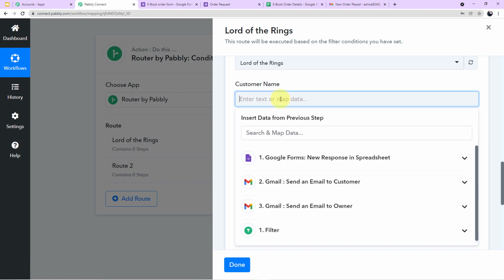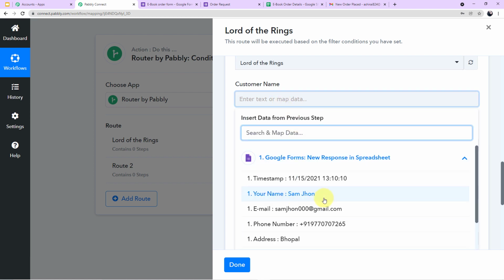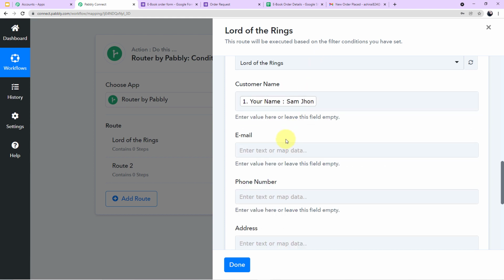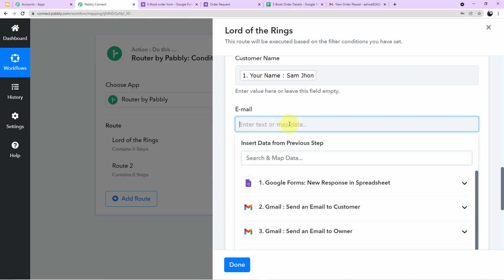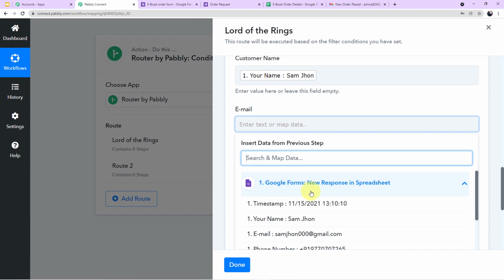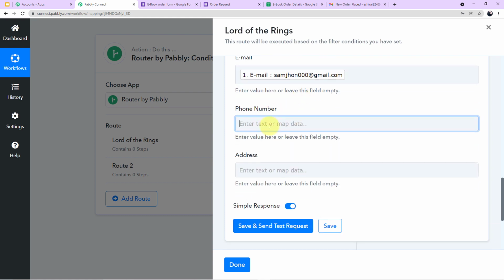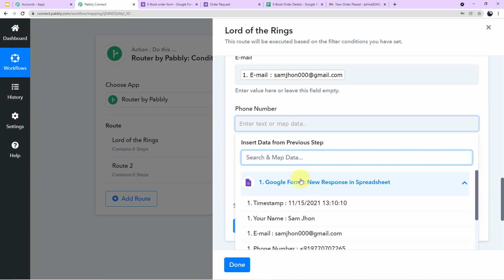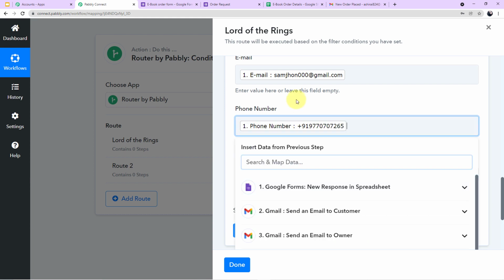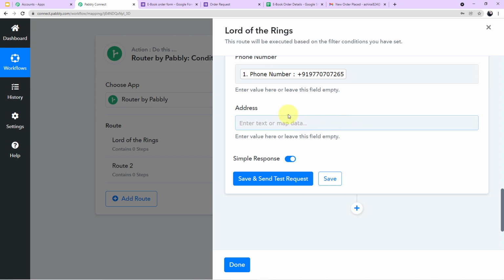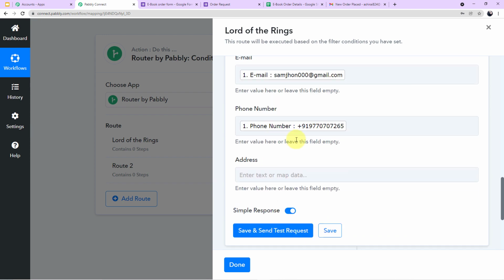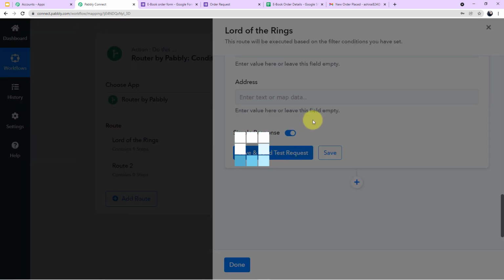How, guys? Click on the field, scroll down and search for the value. Again, in the email part, click on the field, scroll down, search for the value. Click on the field, scroll down, search for the value. You can leave this address part, and now click on save and send test request.